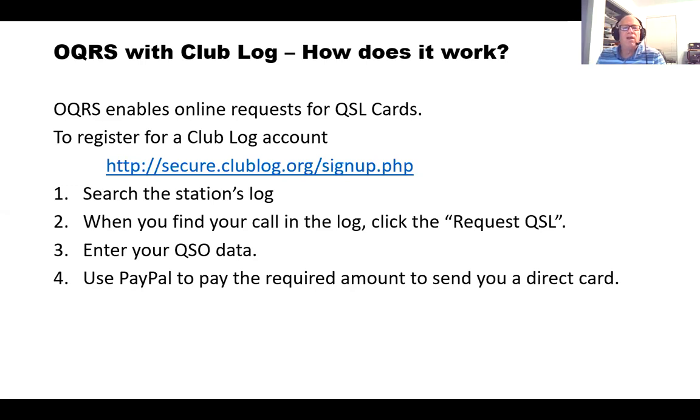If you want to check a station, you go down and say check a station's log. There's a search logs function, and you put in the station's call, put in your call, hit click, and if it finds your call in the log, it comes up with a screen that says request QSL. You can then enter your QSL data. Basically, it's the date, the time, and request a card, either through the Bureau if you want to wait, or direct using OQRS, using PayPal. And that cuts down the time. I generally think that returns are within 1 to 2 weeks, so it's not that bad.